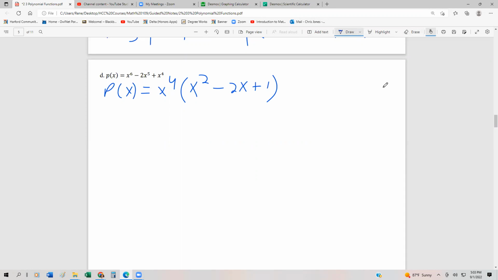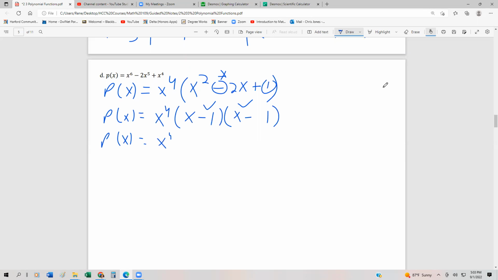And then the last thing we're going to do is factor this trinomial. So p of x is going to be equal to x to the 4th times this factored into x and x. We need two numbers that multiply to be 1, and the only numbers that multiply to be 1 are 1 and 1. And if we want them to add up to negative 2 in the middle, they both have to be negative. But notice that these two factors are exactly the same, and it's not completely factored. And so what we would do is write this one more time as x to the 4th, x minus 1,